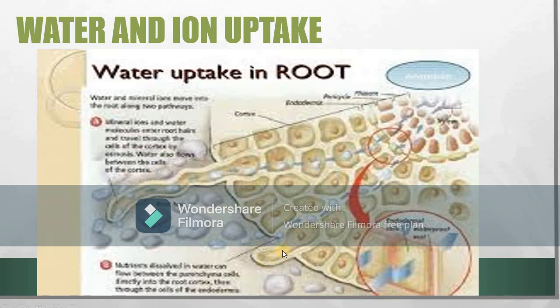These are the tiny root hairs, which are actually extensions of epidermal cells. So what do root hairs actually do? They provide a large surface area for absorption, as they spread throughout the soil and help the plant absorb the maximum water and minerals from the soil. They grow out in the spaces between the soil particles where they are in direct contact with water, and the cytoplasm of the root hairs has a higher concentration of salt than soil water. So water moves by osmosis into the root hairs.